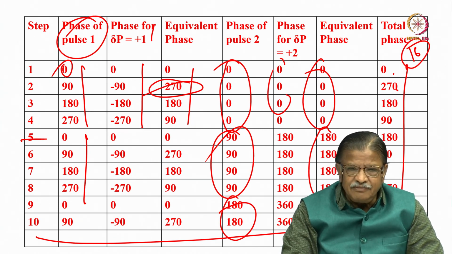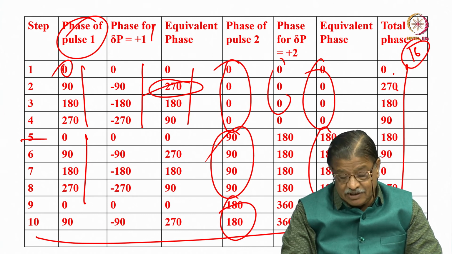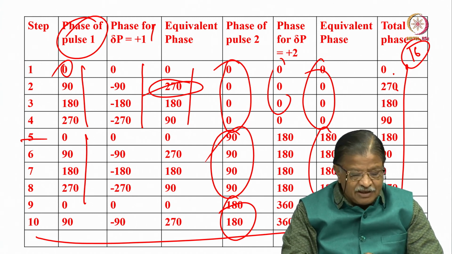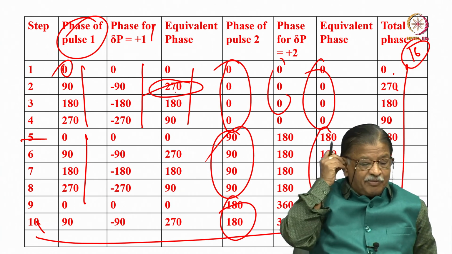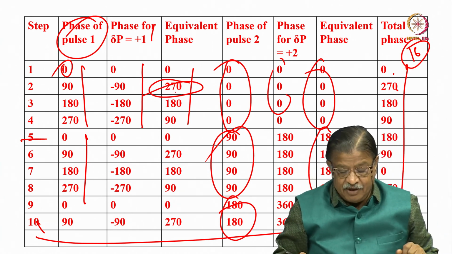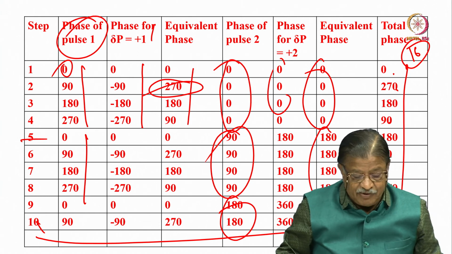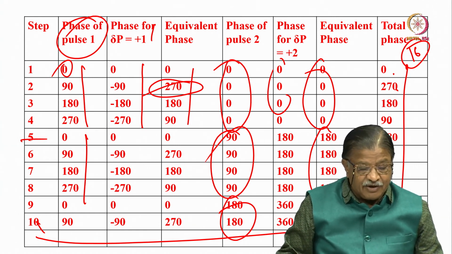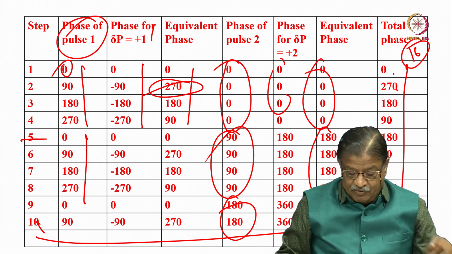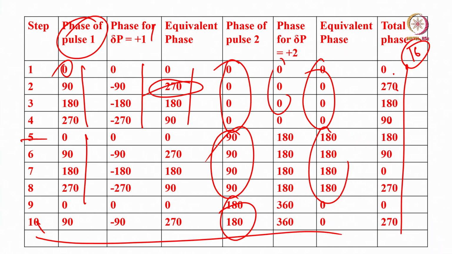If you have more number of pulses, it is a bit complicated to work out. See, this itself we have to go for 16 steps. While working out up to half of that, I got fed up. Imagine if you have more pulses, it is going to be very difficult. But it is possible. People have been doing it. You can keep doing that. We will work it out for each of these things.